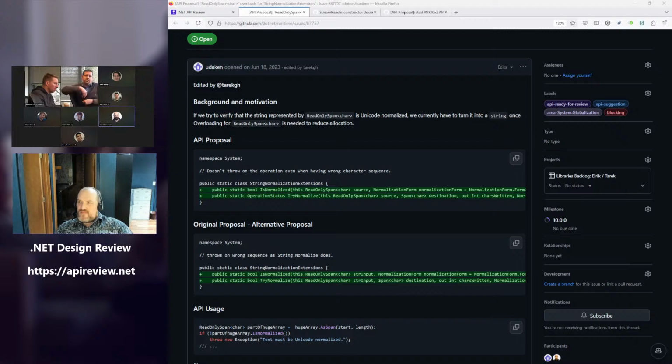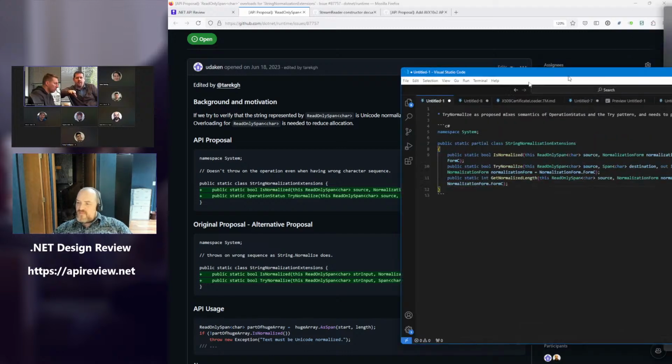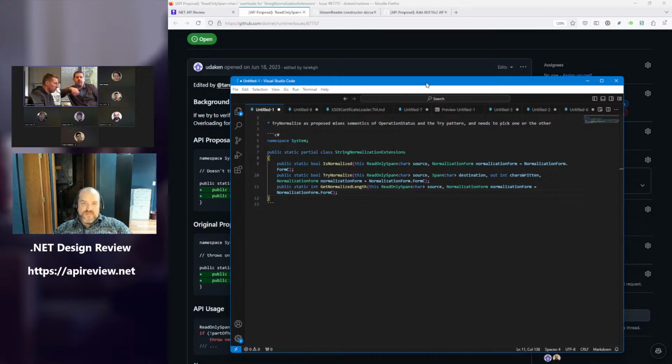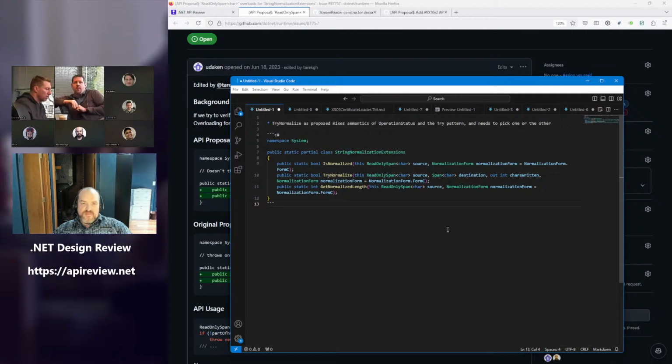Okay, yeah, I'm not objecting to having an API to return you the size. But I think it addresses your concern about if you want to expose the absolute fastest possible thing where people avoid the initial count, then I think you can do that by having a separate API that gets you a count. Yeah, what Jeremy has on screen here. Unless we want an overload of IsNormalized that outs the length, but that feels weird.